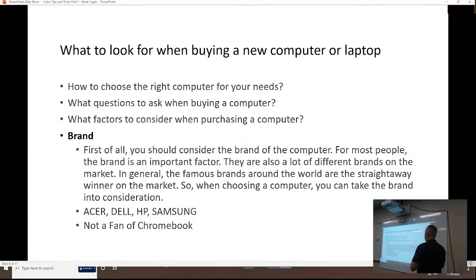Okay, so the question was, what do I look for when I'm buying a new computer or a laptop? I get this a lot, and there are so many choices. How do you start? Where do you start? I tried to answer some questions. I didn't put all the questions down, but there's a survey that I want to print out and bring, or just send to everybody. Like anything, what's my assessment? What is my purpose for the laptop? If it's just to surf the web, just to pay bills, or for